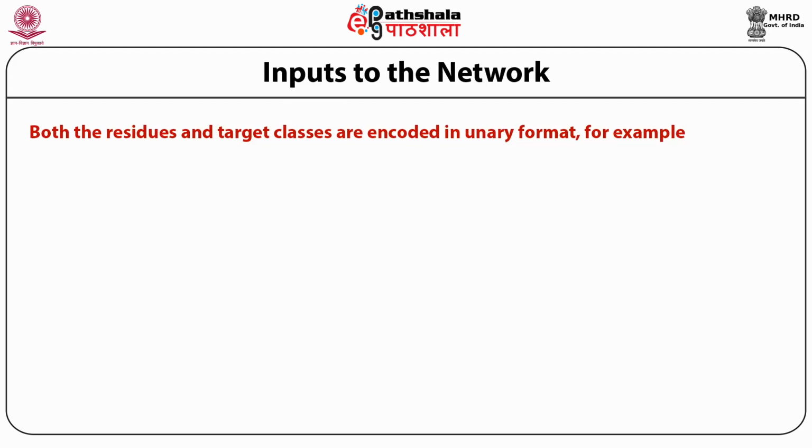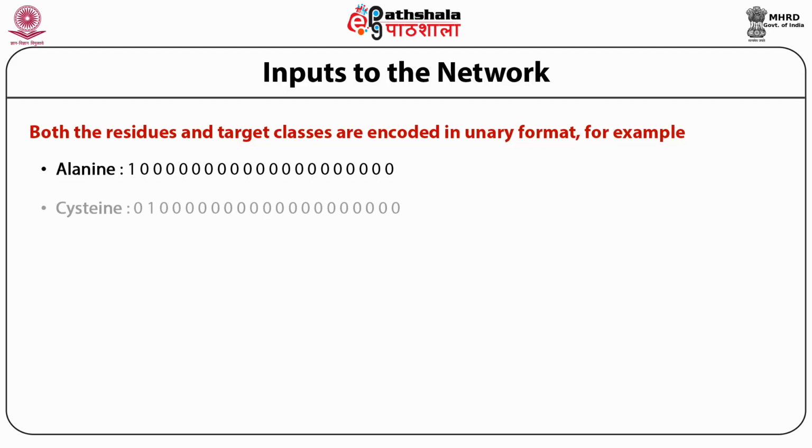Now, before anything, we have to have a process by which our sequence is coded in a certain format so that the neural network can read it. And most popularly, one uses a binary encoding. Since there are 20 amino acids, one can use a 20-character binary system to encode an amino acid. For example, for alanine, I may use 1 followed by 19 zeros. For, let's say, cysteine, I use 0, 1, and then again followed by 18 zeros. So for each amino acid, we define a specific position, which will be 1, and all the remaining will be zeros. Like that, I can define a specific code for each of the 20 amino acids.